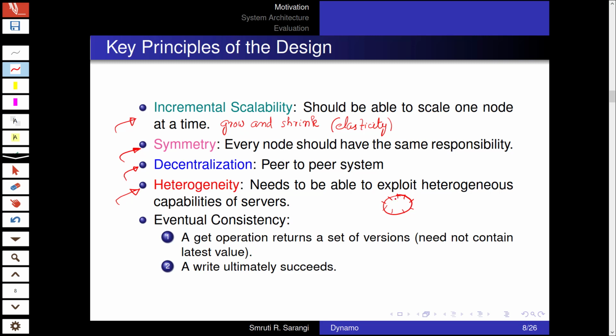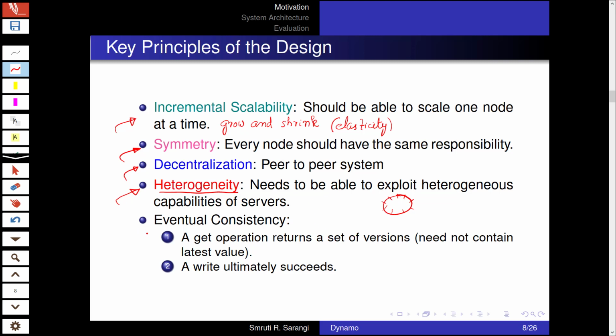So ensuring that all of them would execute at the same rate with the same service level guarantees is not a wise idea. So we should be aware that heterogeneity exists.